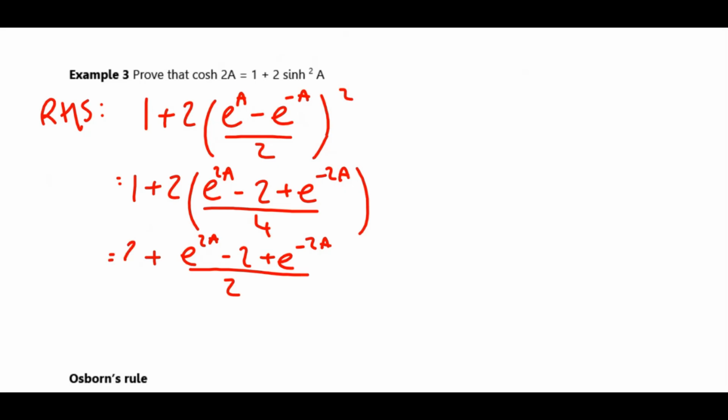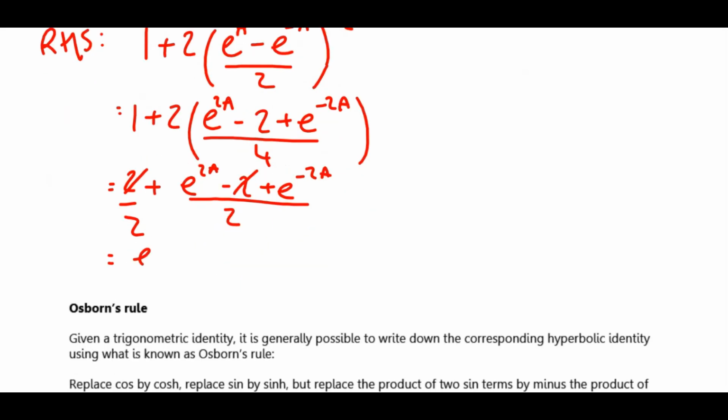And if I write this 1 as 2 over 2, also this 2 and this minus 2 will cancel here. So you are left with e to the 2a plus e to the minus 2a over 2, which should look familiar to you